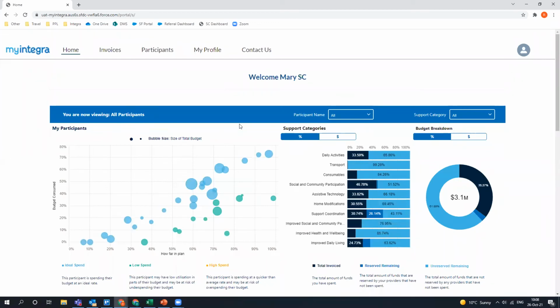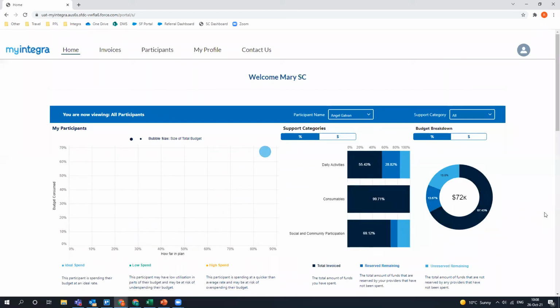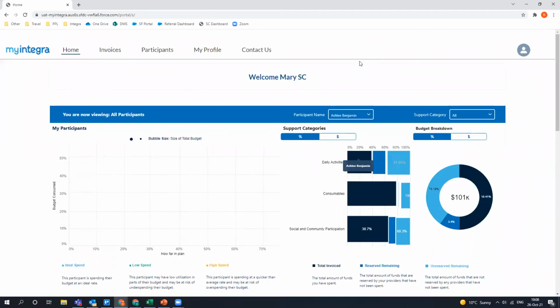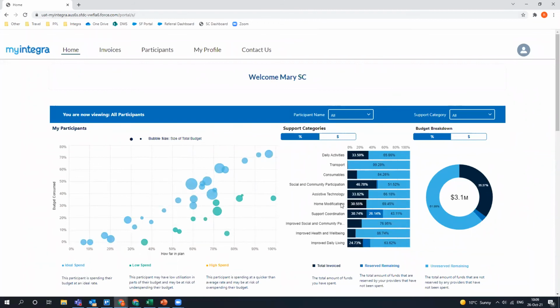It's also possible that you're logging in and, rather than looking around here, you're specifically wanting to look for a particular person, and you're not sure which of these bubbles is the person you're looking for. In that circumstance, we have this drop down at the top, participant name. If I select this drop down, oh yeah, I really wanted to see Angel's budget, just select Angel from that list, and then everything will redisplay here and give you that information specifically for Angel. Again, you could say, oh, I want to see Ashley's budget, and then again, everything will redisplay. So it's pretty straightforward in that sense. I'll just click on Ashley again,